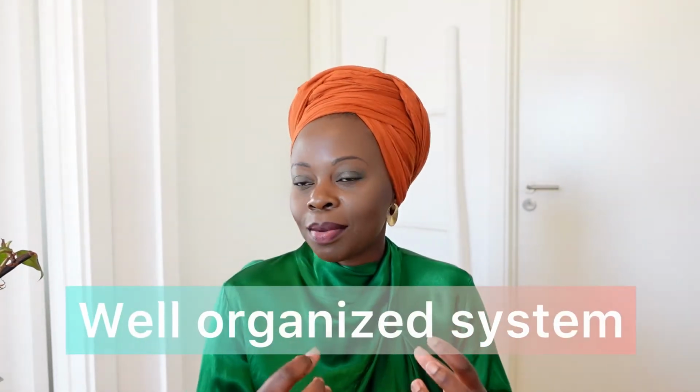We have a very well organized system in Denmark. I think Denmark is one of those countries which have a very good organized health system. Probably some people will disagree, but yes, we have a very well organized system, and I cannot go deep into that. But for example, the hospitals are free, and there are so many offers for the patients when they are done at the hospital. For example, if the patient is not really ready to go home, there are some places where we can send them and they can be taken care of, so they are ready to go back home